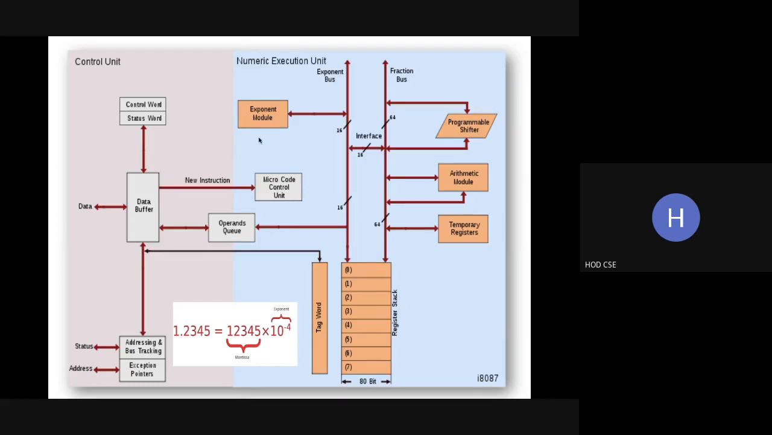Coming to the numeric execution unit, this is used to perform the floating point operations. We have two buses, the exponent bus and the fraction bus. Here the data is floating point data. Suppose you have 1.2345, it can be represented